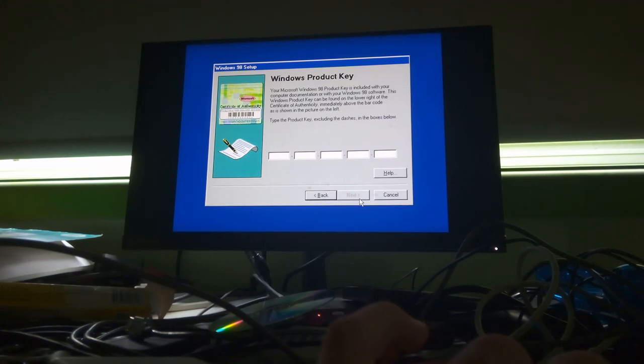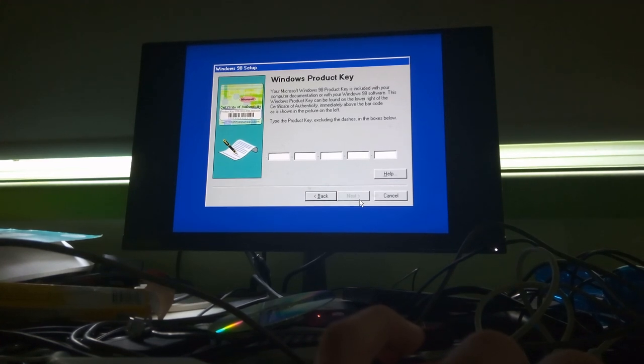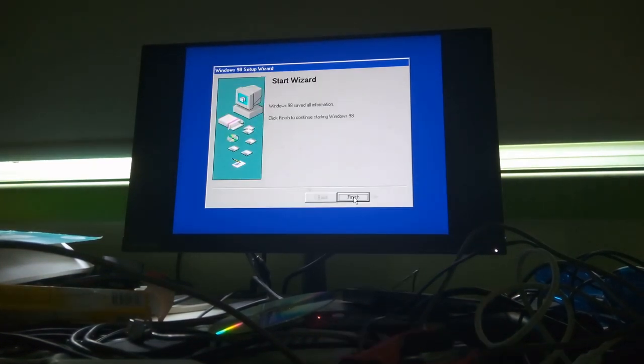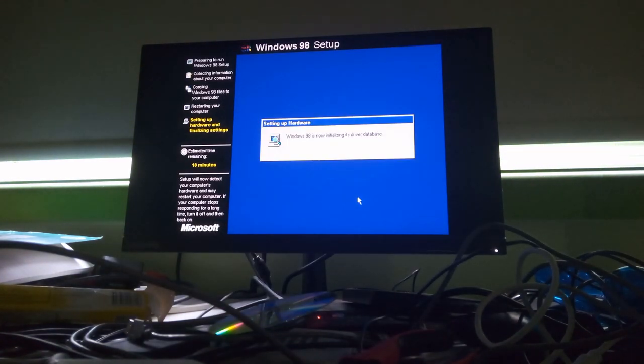I'm going to provide my product key, which I shall also cut out. Right, the product key is entered, and now I shall press finish, and now it's going to set up the